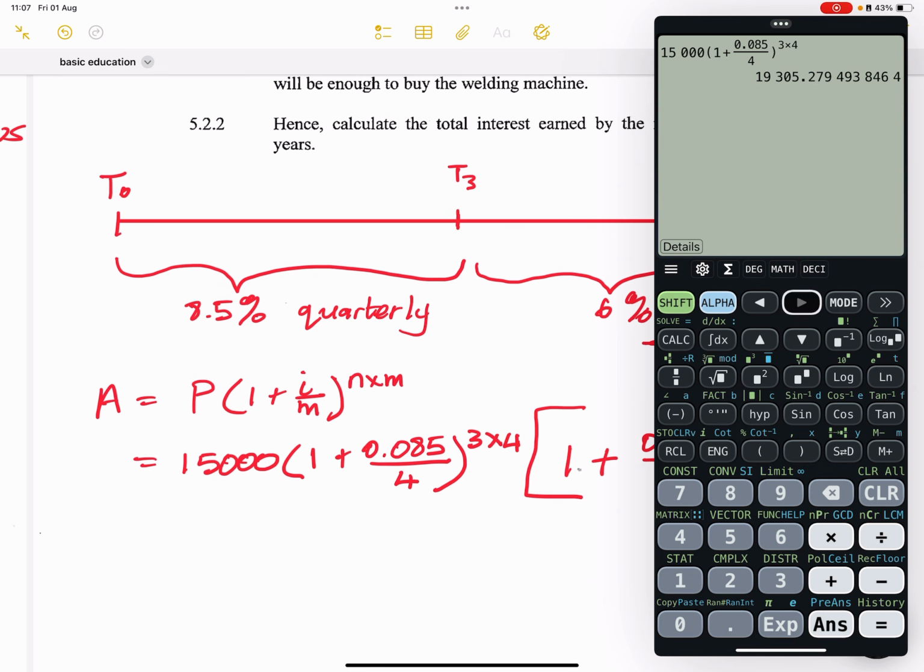Right, and then this is also multiplied by 1 plus 0.06, that's biannually, or you can say semi-annually, that is divided by 2. And this is raised to the exponent of 2 years remaining, that's twice every year, so that's 2 times 2. Right. So we get an accumulated amount of